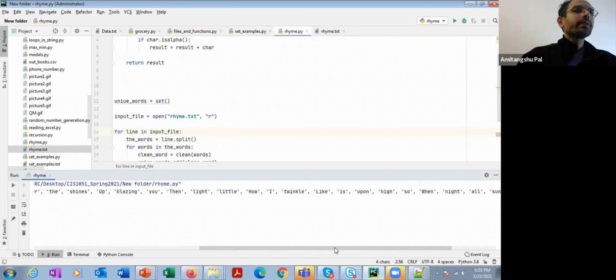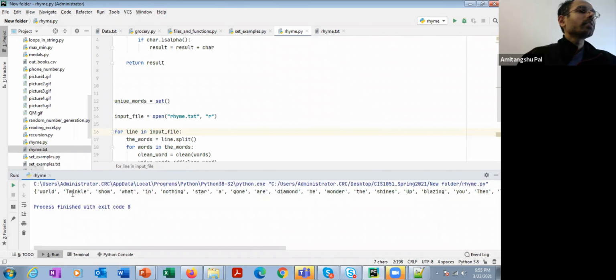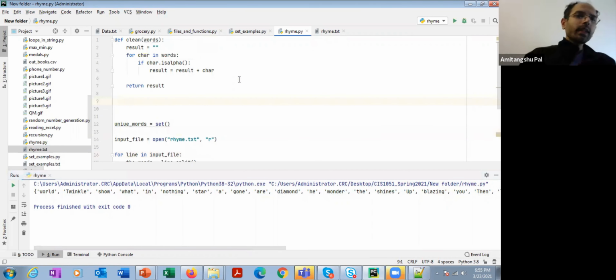So the first problem is solved, but now we need to get rid of the second problem, which is the difference between twinkle with a small t and Twinkle with a capital T. How can I do so? Suppose I want to print all the words only in small letters. So I am going to convert each word to lowercase first, and then add it to the set.